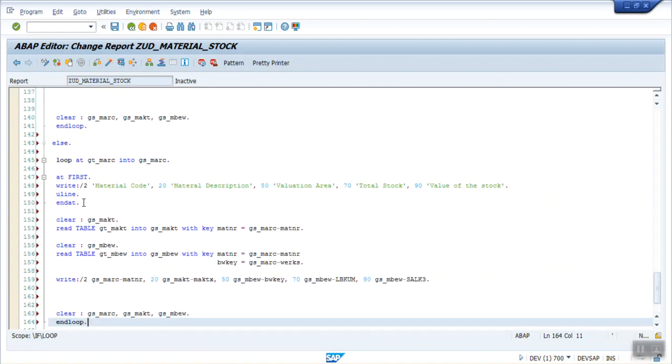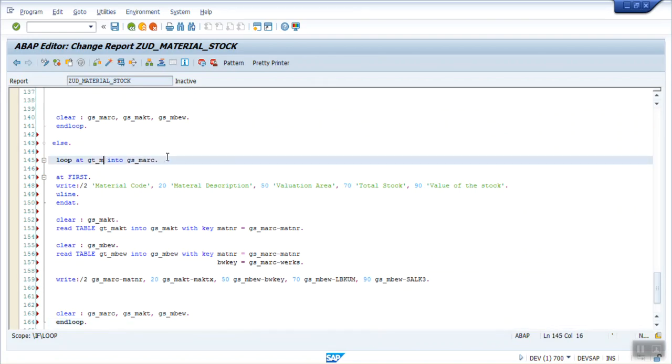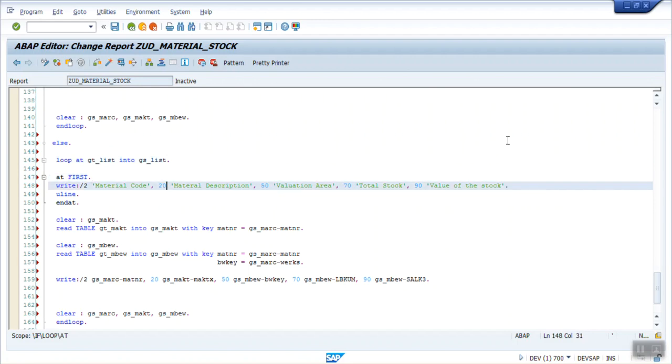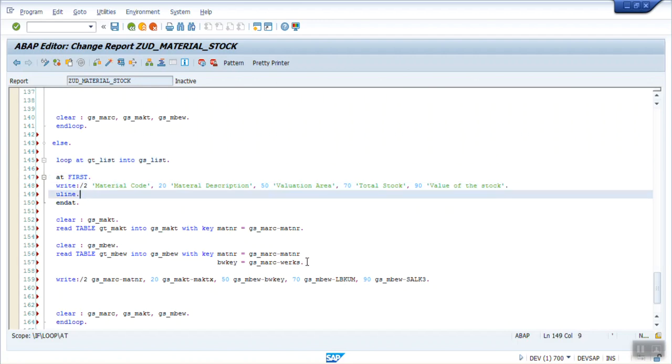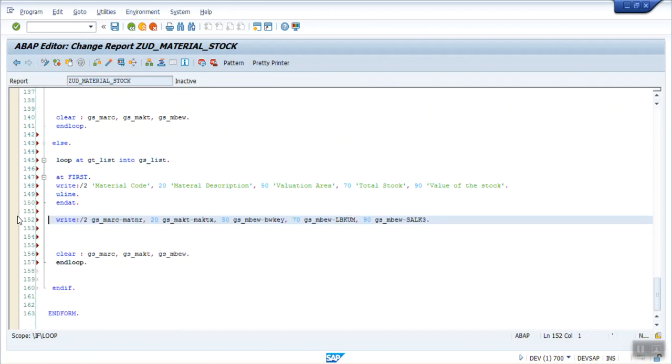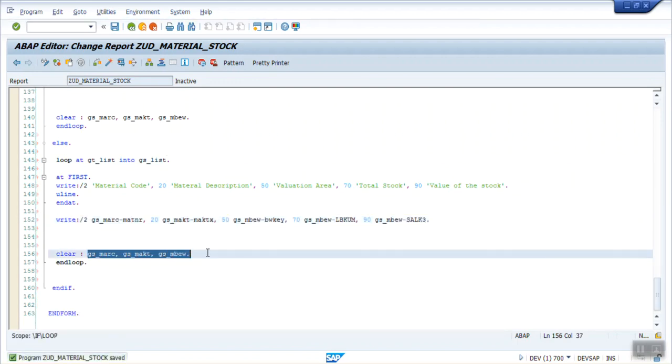So here I will write loop at GT_LIST into GS_LIST. At first it will write the same. Now this time I don't require any read condition because I will have all my data in GS_LIST.